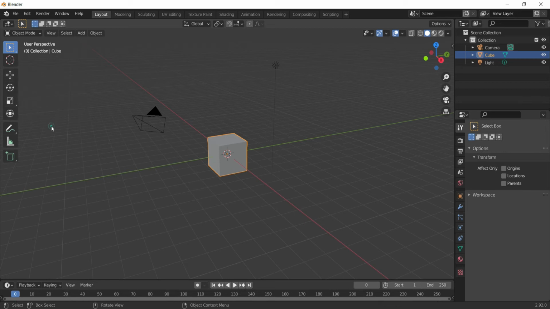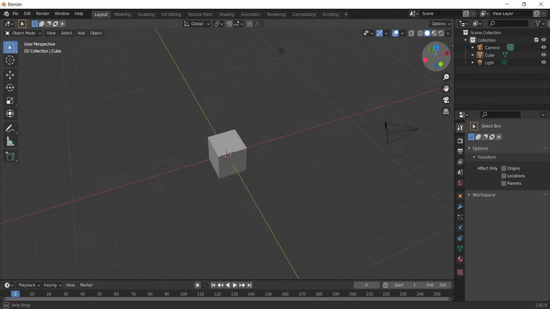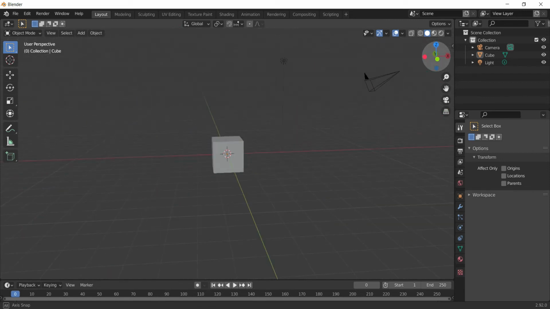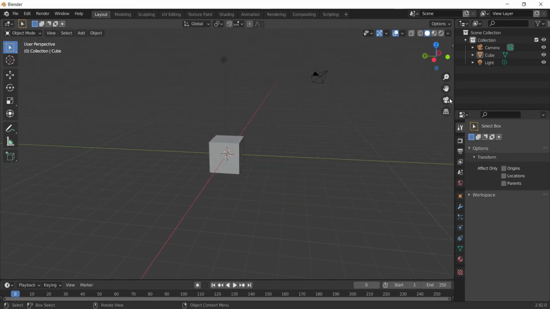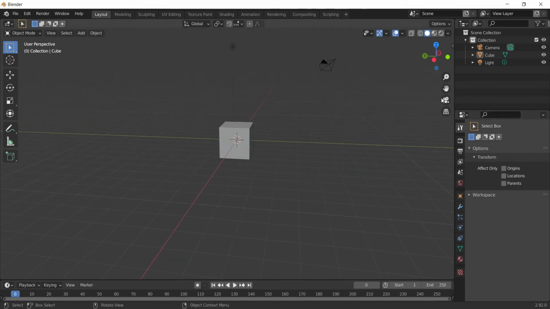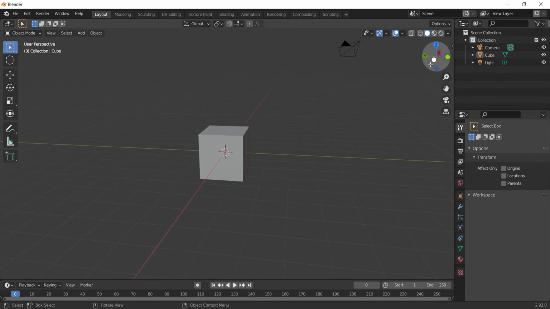But before that, let's just understand how can we navigate in this 3D space. So there are three ways to do that. The first one is called orbiting, where you orbit around the object or the center point. Second one is called panning, so you can pan around the object as well. And third one is called zooming in and out. So let me just explain to you quickly.